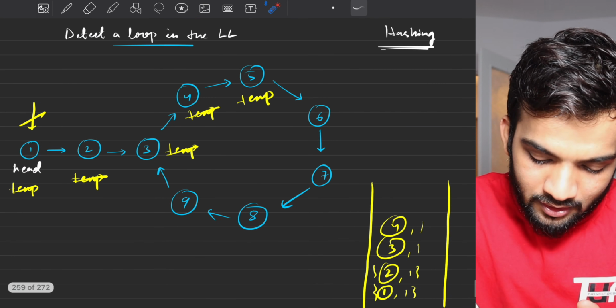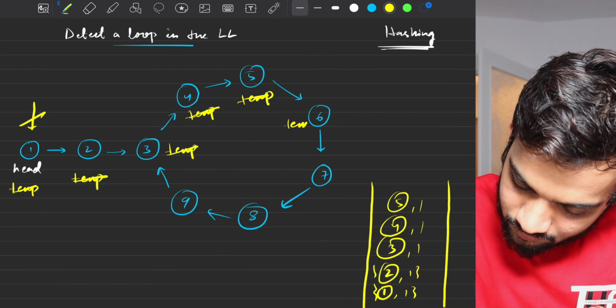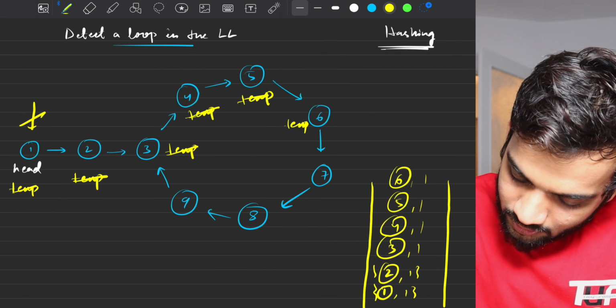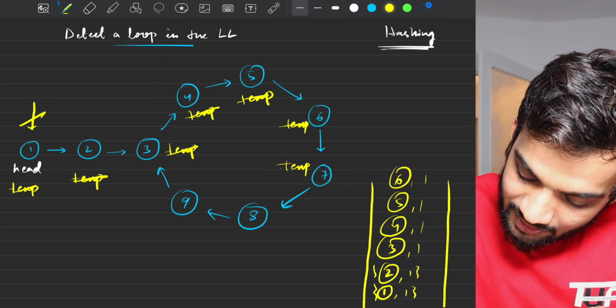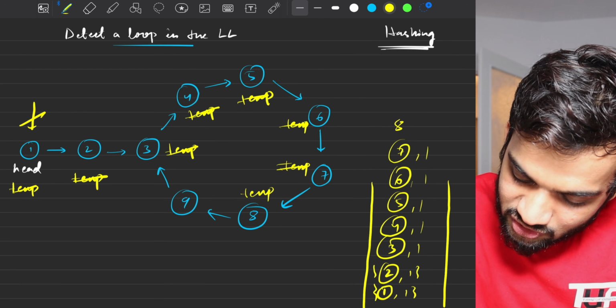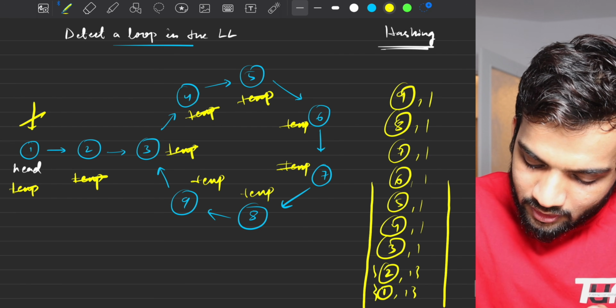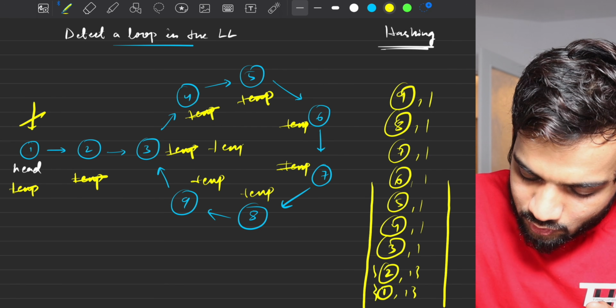Okay. So 5 stored. Let's move to 6. 6 stored. Let's move to 7. 7 stored. Let's move to 8. 8 stored. Let's move to 9. 9 stored. And the moment we move back to 3,